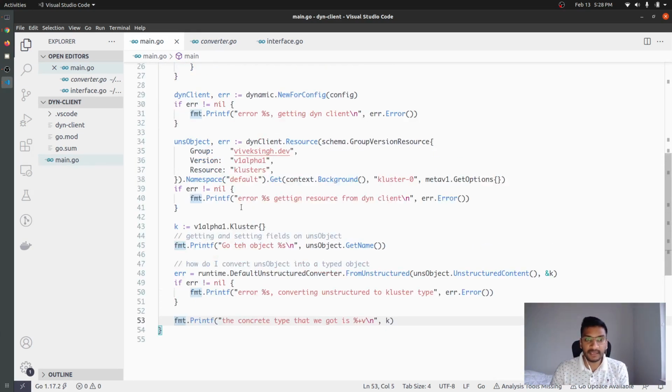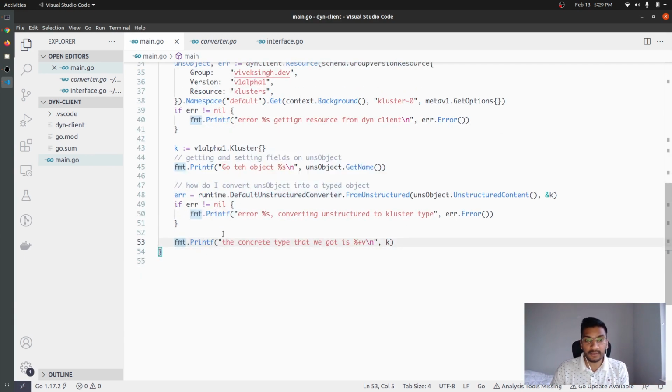So basically, how do we interact with resources using dynamic client? How do we convert an unstructured type to a concrete type? And the other thing that I wanted to talk about is how to use dynamic informers. So for example, let's say you are writing a controller that wants to know when a particular custom resource was either created or deleted, and let's assume we don't have